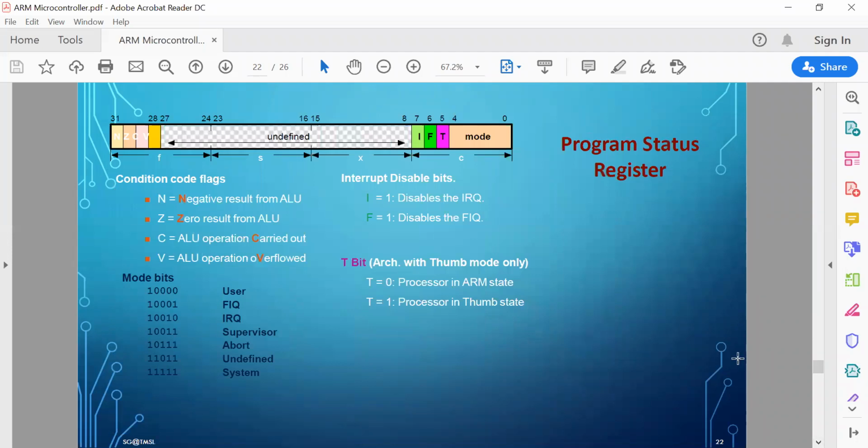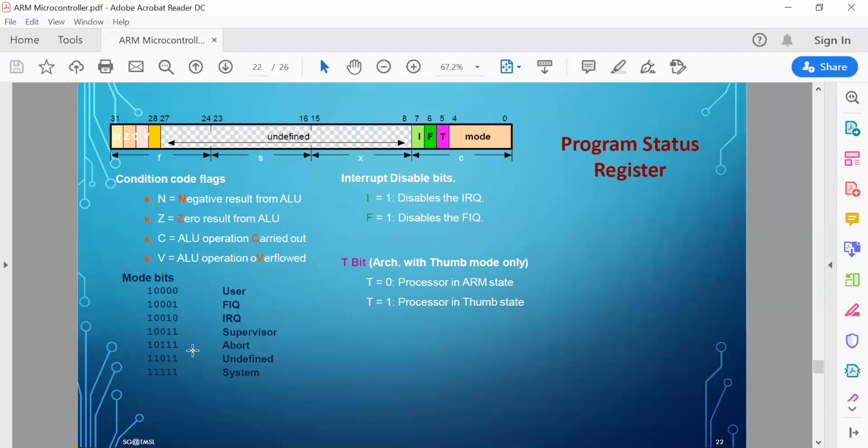Now talking about the CPSR once more, this is again the picture of CPSR I told you earlier. The last 5 bits, the specific bit combinations, are shown here for these 7 modes. The mode bit combinations are defined like this: 10000 is user, 10001 is FIQ, then IRQ, supervisor, abort.